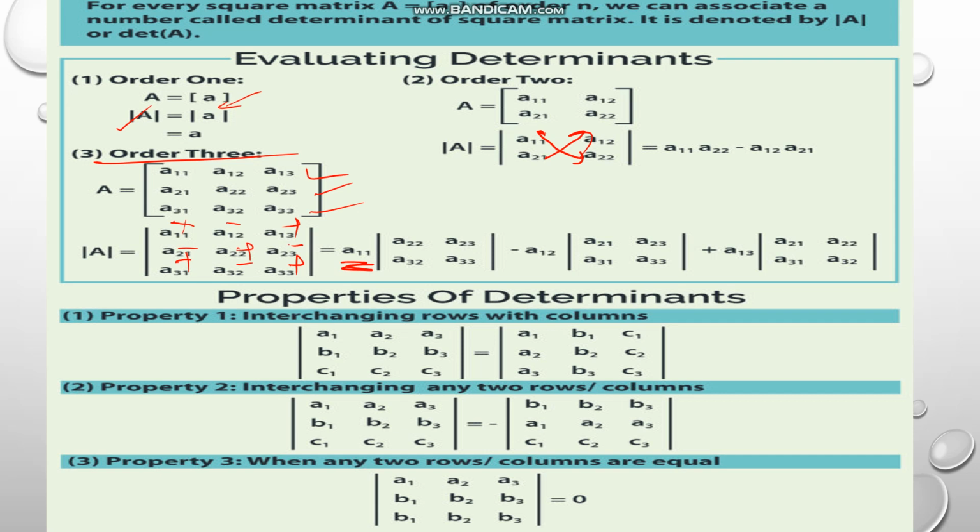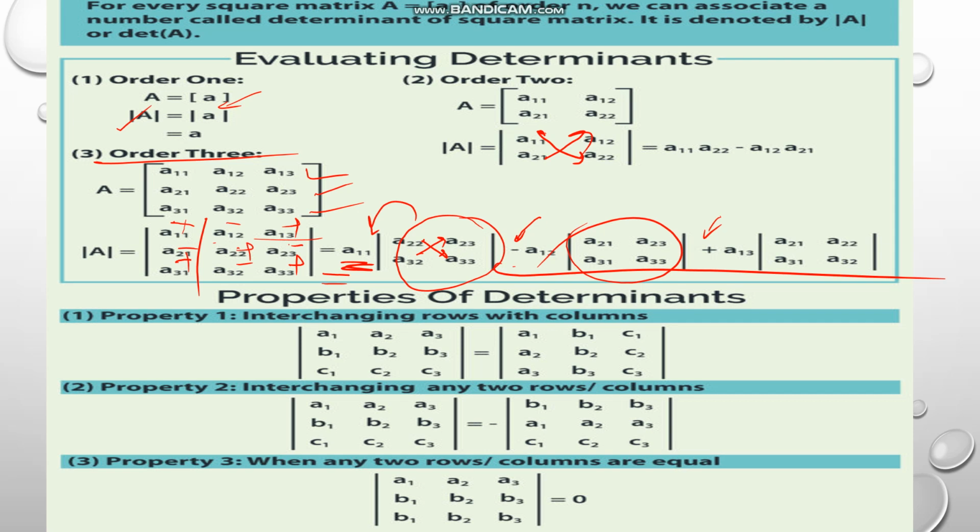For the second element position value is negative. Then the third element position value is positive. So for first element we need to hide first row, first column, and second element a12 first row, second column. The remaining value we have written here. For further expansion, we need to multiply this a22 with a33, then a32 with a23. Whatever the value we get by this multiplication, we have to multiply that value with a11. In the same way, we have to multiply the remaining terms.